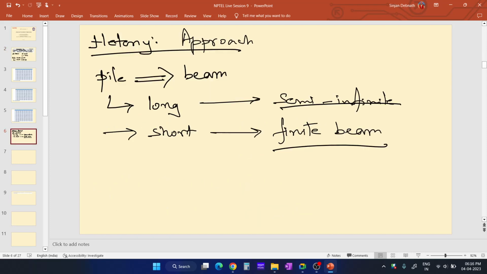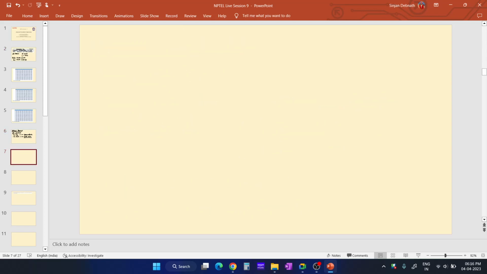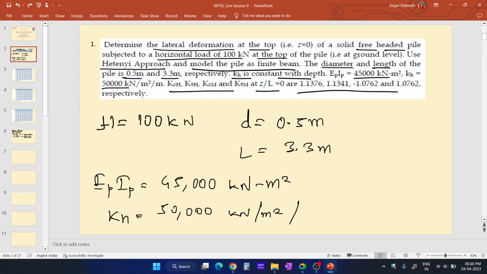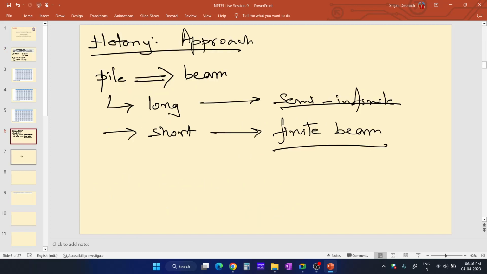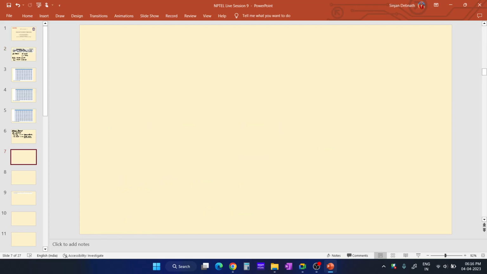So, Hetenyi approach. In the question, it is a free-headed pile subjected to a horizontal load. So for a free-headed pile,